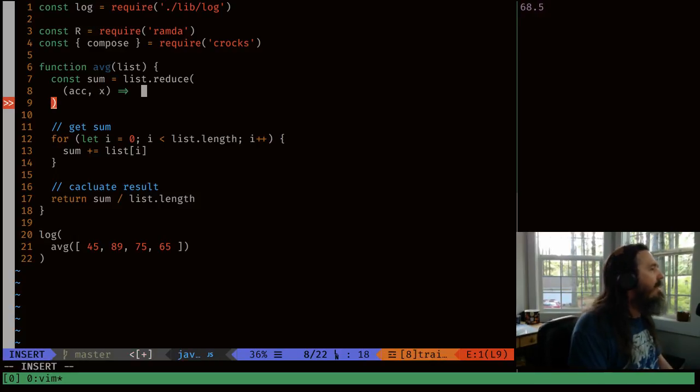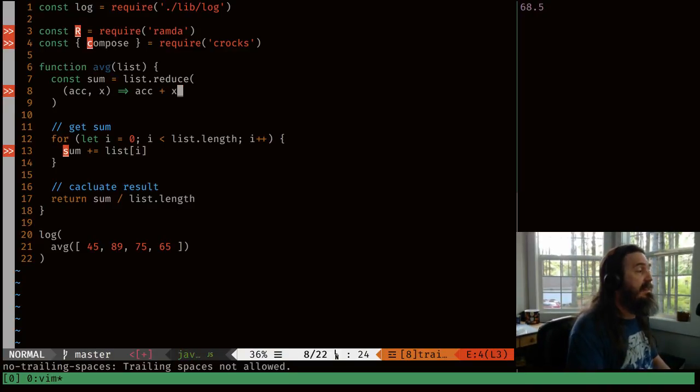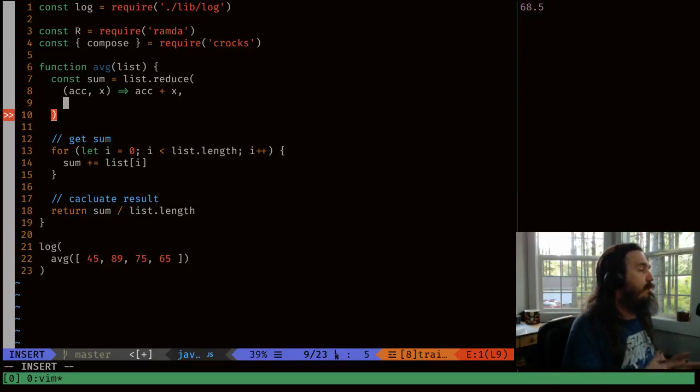So we want this to actually be our number, right? So what we want to do is take that sum, that's going to be our running sum, and then add x to it, because x is going to be the element that we're actually iterating on at that point. So really, that's the only function that we need to have in there. Now, we could do add,